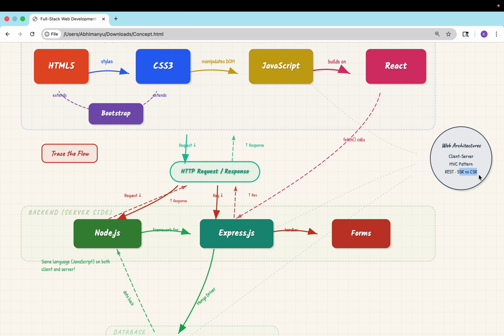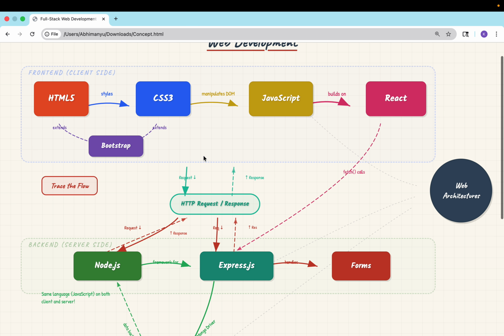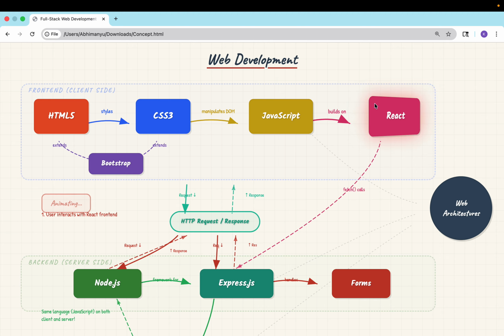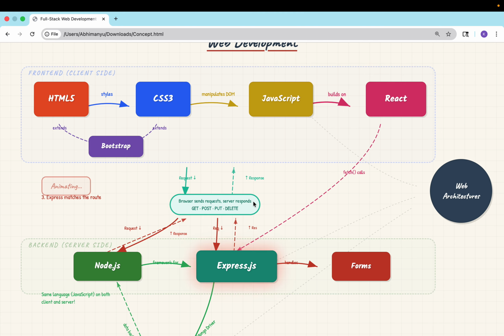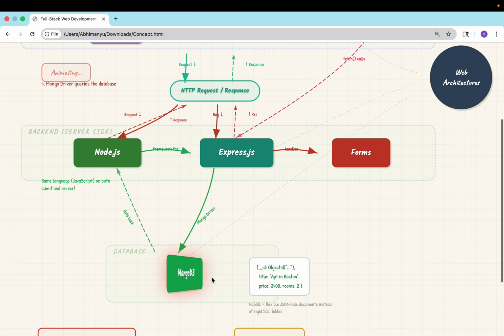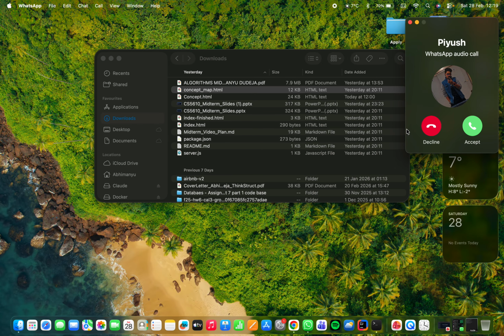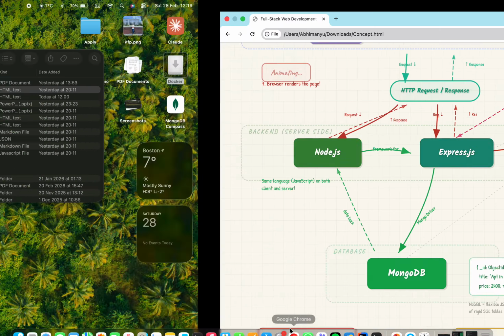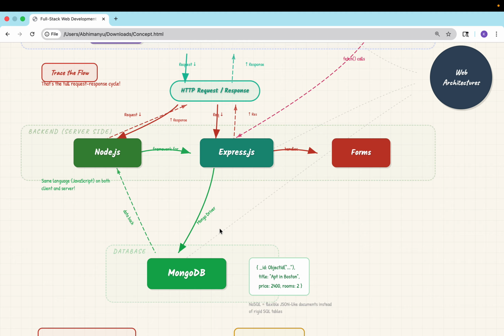Okay, now we will trace how this whole cycle works. First React, then it sends the HTTP request. Express sends to MongoDB. MongoDB sends to